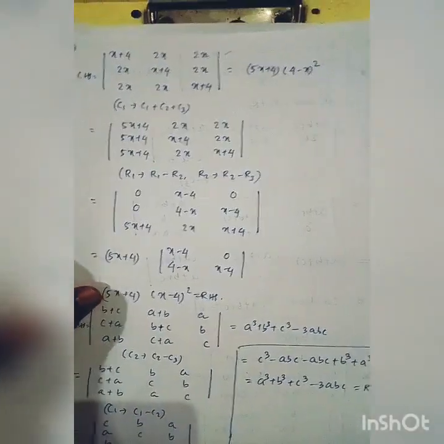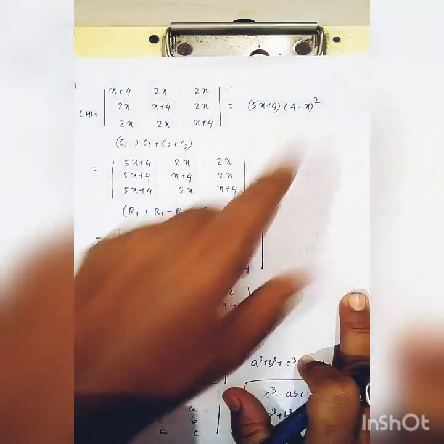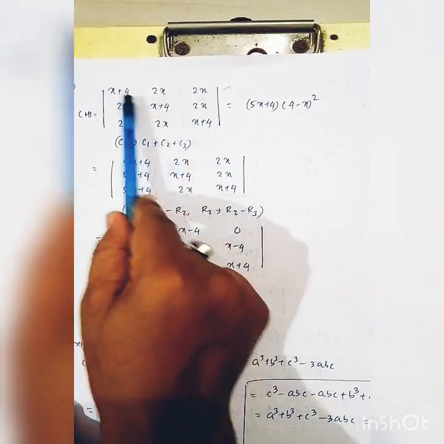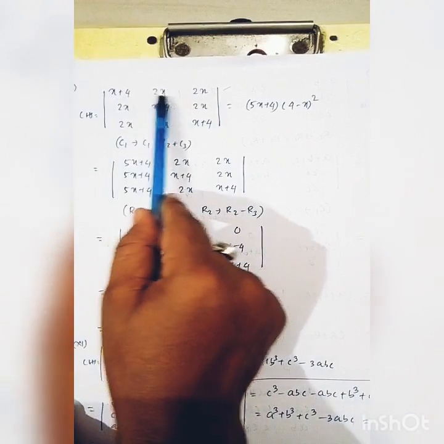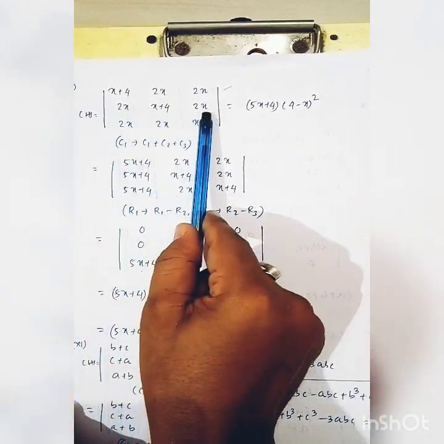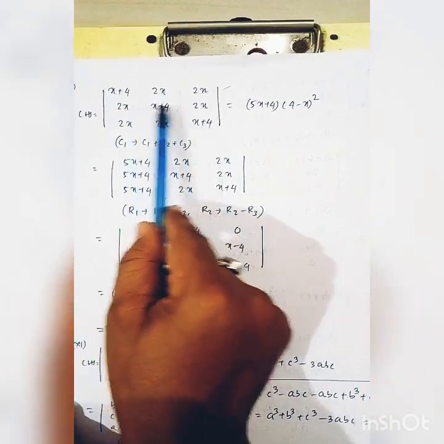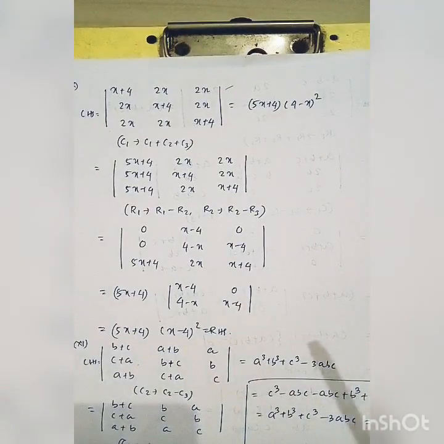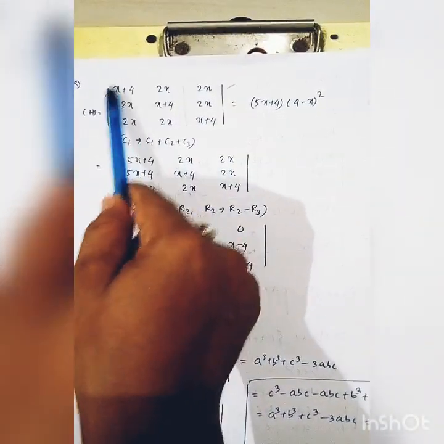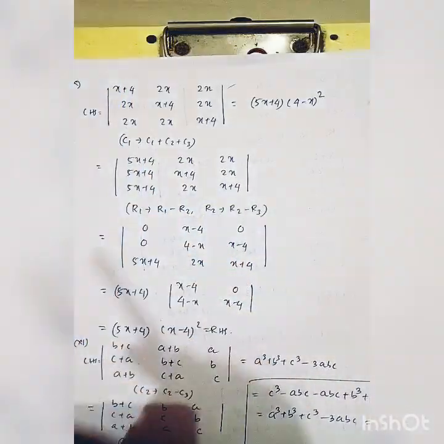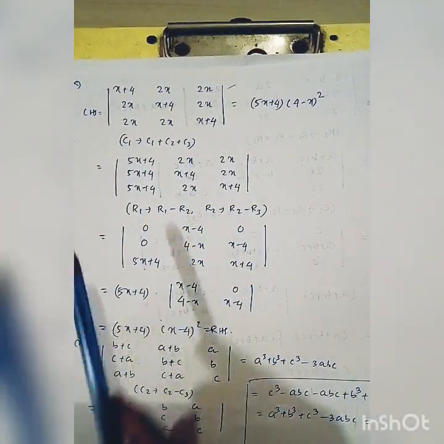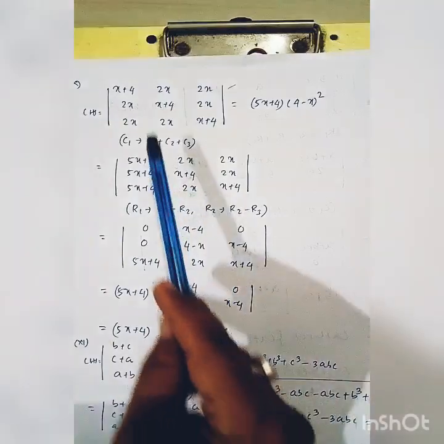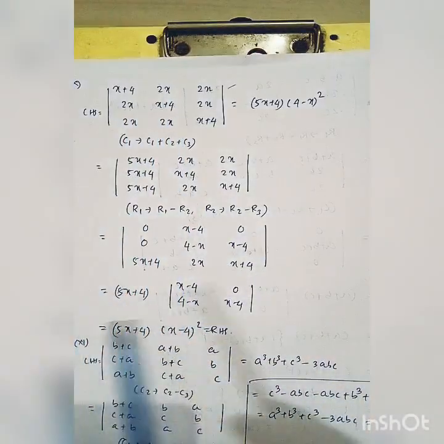Another question, prove that determinant of this equal to this. First observe the question. In the first row it is x, 2x, 2x. In the first row it is x plus 2x plus 2x, that is 5x plus 4. In the second row it is again 2x plus x plus 2x, that is 5x plus 4. Again third row it is 5x plus 4. You can also use the property in column also, that is addition of every element of column 1 is again 5x plus 4, as row 1 equal to column 1, row 2 equal to column 2, row 3 equal to column 3. So use the property column 1 plus column 2 plus column 3, that is 5x plus 4, 5x plus 4, 5x plus 4.